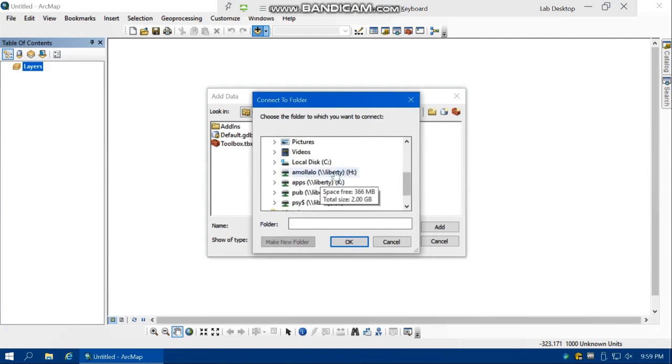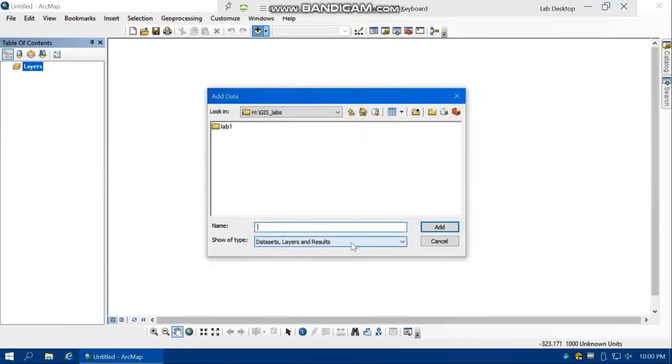For example, H drive, and then I select GIS Labs because it contains my saved data, and then click OK. So now you can double click on lab1_data, and here you can see a green color shapefile, and it's also in the polygon format because it shows counties in Ohio.